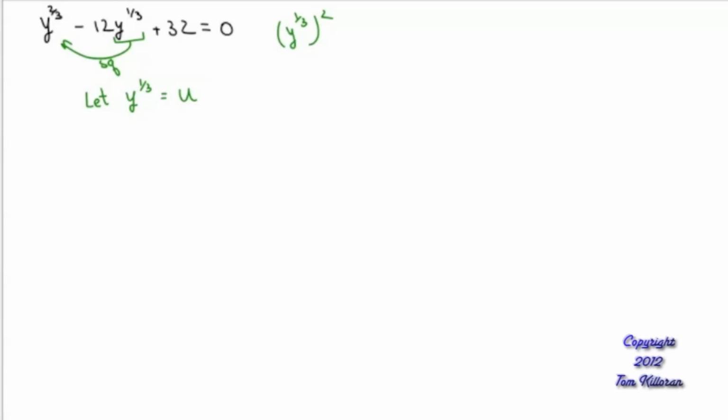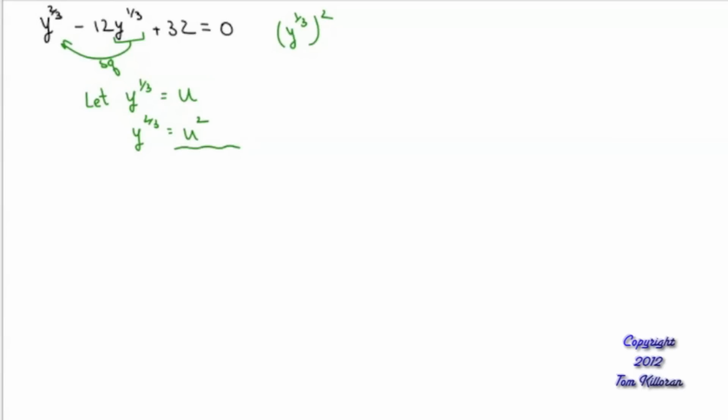Now, what do I do with these two? You square them. So y to the 1/3 squared, we've already done, is y to the 2/3. u to the first squared is u to the second. Yay, I squared both sides. Now, after you do this step,